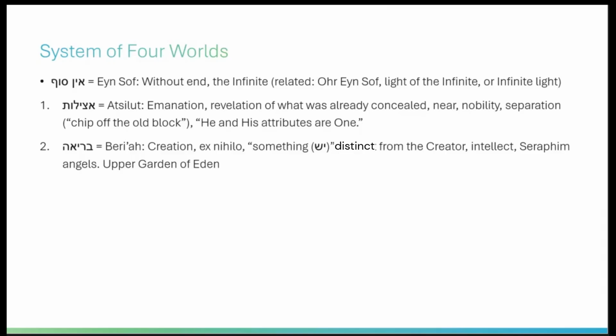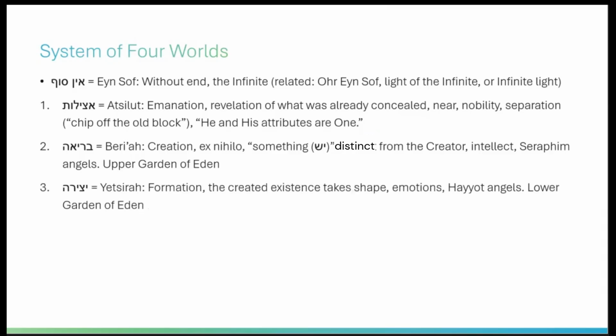This also correlates with the level of intellect. So the intellectual Sefirot reside in this world, primarily the Sefirah Bina, which is, I think, the most prominent of the intellectual Sefirot. It's entirely intellect. Chokhmah is still related to higher, and Dat is related to lower. And the angels called Seraphim inhabit this world. This is also known as the upper Gan Eden, Gan Eden Ha'Elyon, which the Zohar talks about, the upper Gan Eden and the lower Gan Eden. So the upper Gan Eden is in the world of Bria, and the lower Gan Eden is in the world